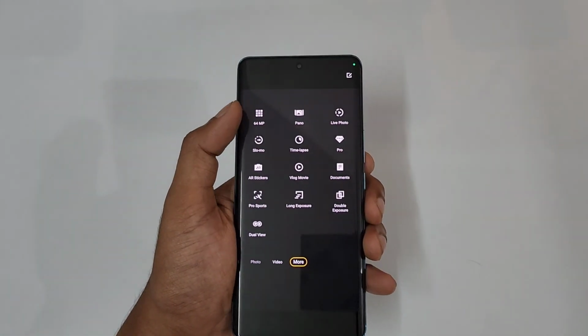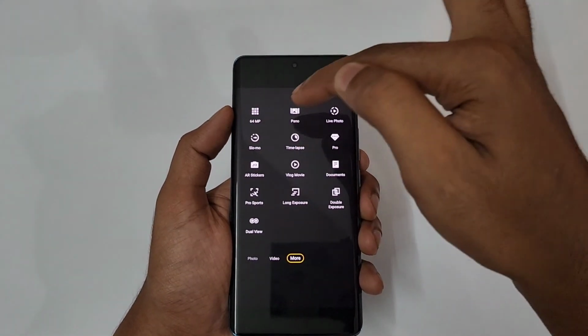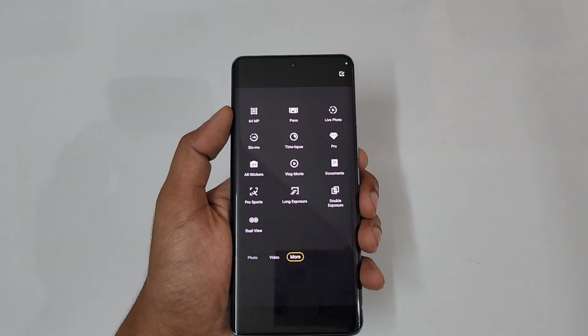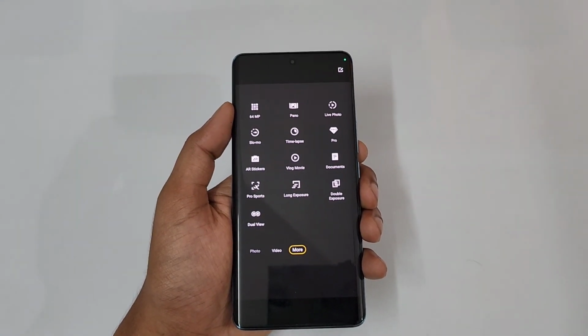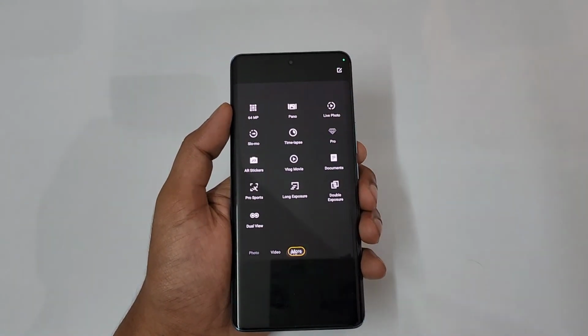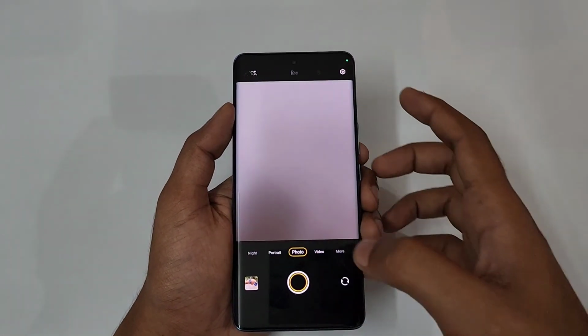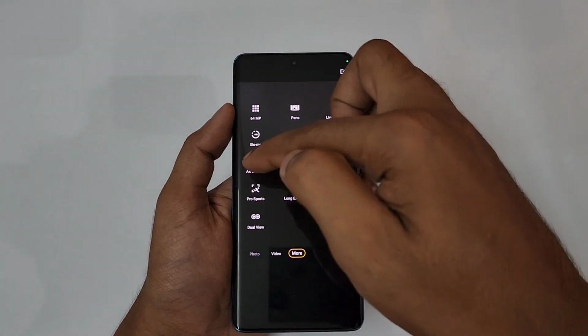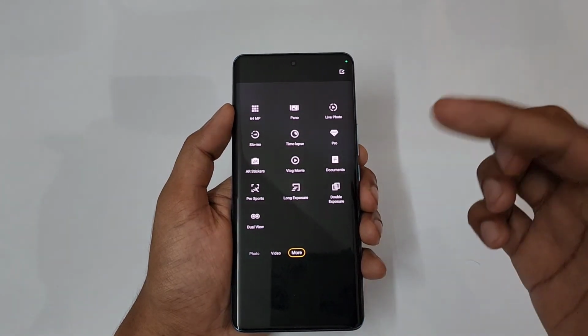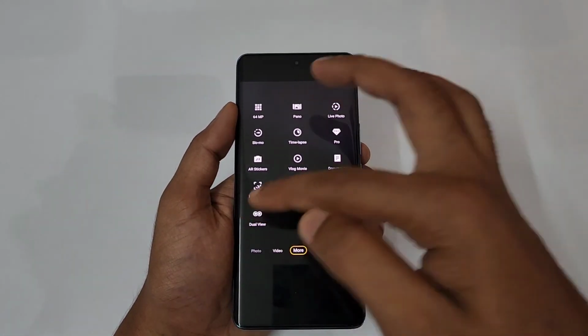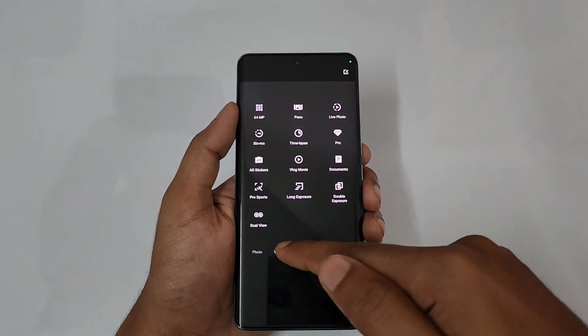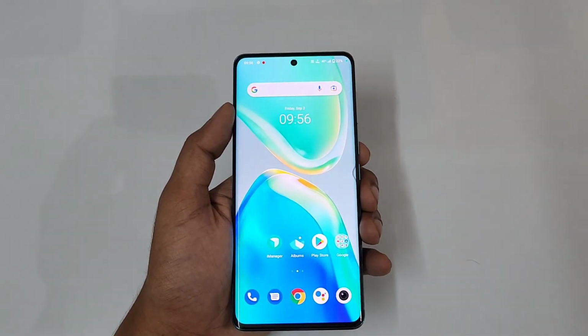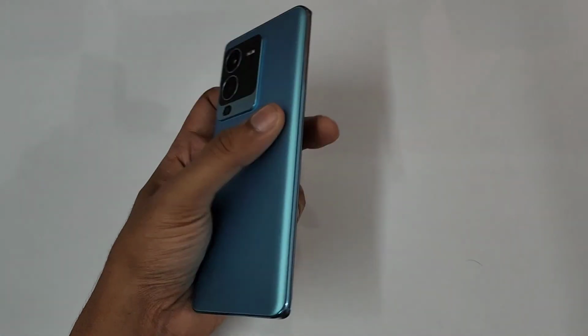And then more for the 64 MP maximum resolution mode is over there. Panoramic mode, live photo, that means which captures a second before the photo and after the photo, then slow motion, time lapse, pro mode, that means aperture, ISO, white balance, everything can be manually adjusted. And then AR stickers, vlog mode, documents, pro sports mode, long exposure, dual view, which enables the front and back at the same time. So anyways, that's all regarding the Vivo